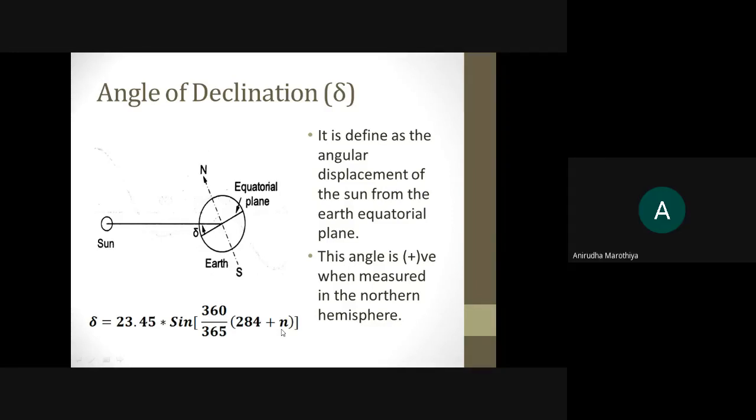So this is your assignment number 1. You have to write a program in MATLAB to calculate the value of del corresponding to each value of n, and in that case you need to vary the value of n from 1 to 365 with a span of 1, and the second thing is you need to draw the variation of del with respect to n. So you have to complete both of these things. First write a program through which you do the calculations, and second, you then also have to plot the graph, the variation of del with respect to n. Okay?